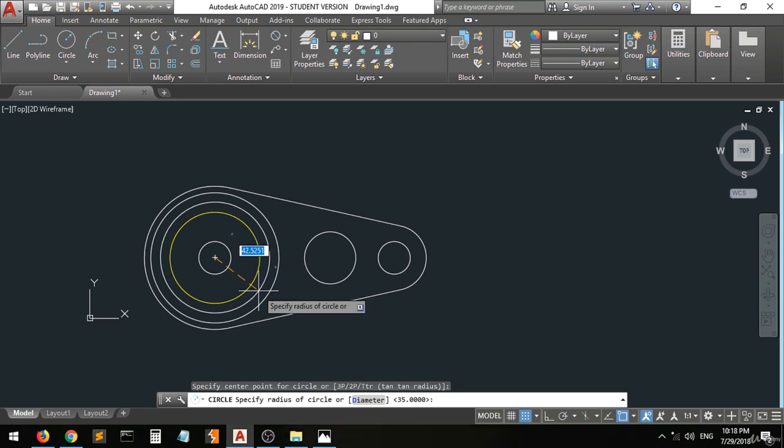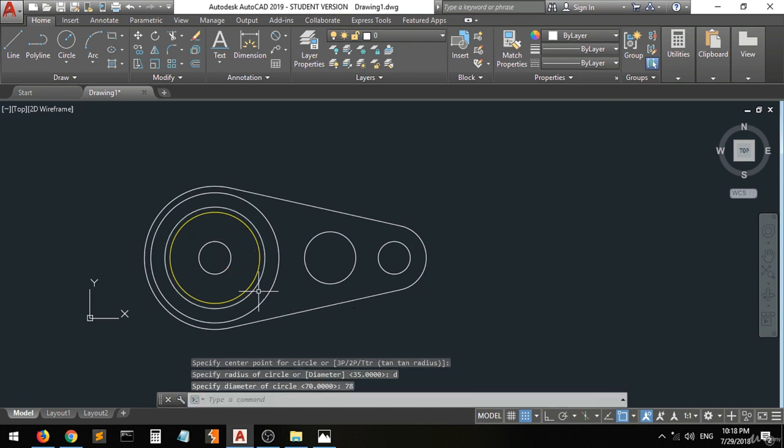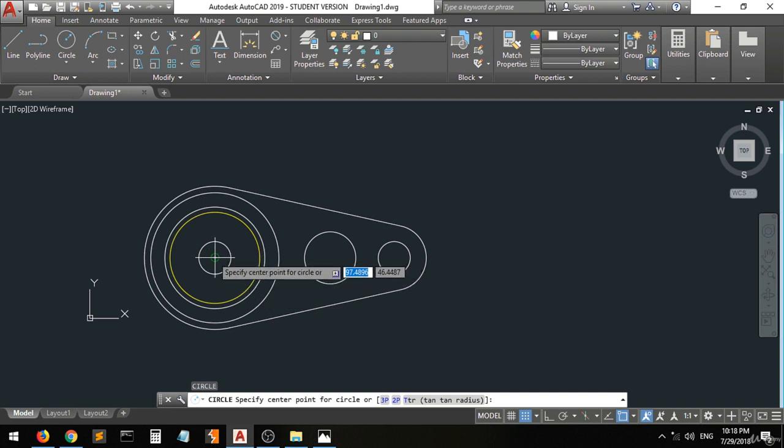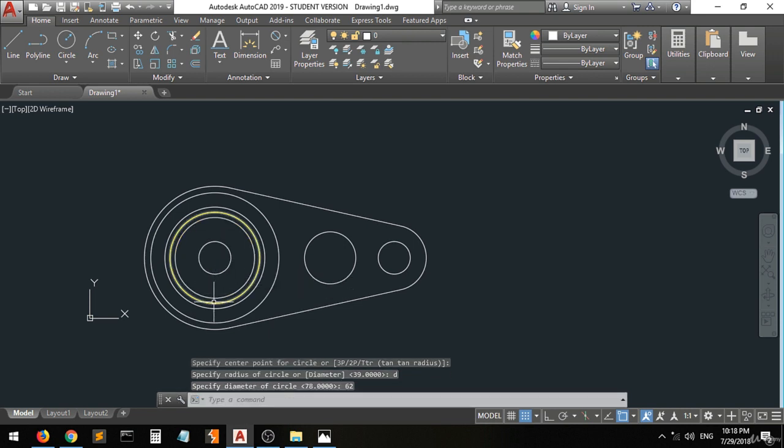Now we will create a circle with a diameter of D, enter, 78, enter, and then another circle with D, enter, 62, diameter, enter. Now, we will create